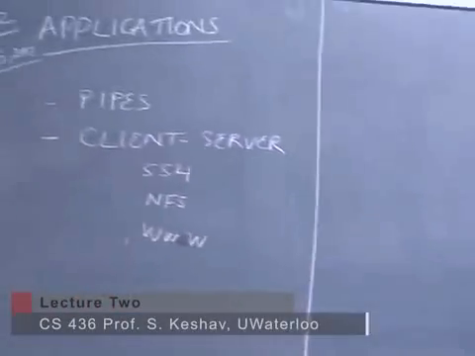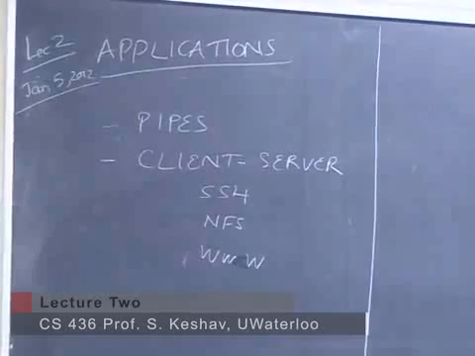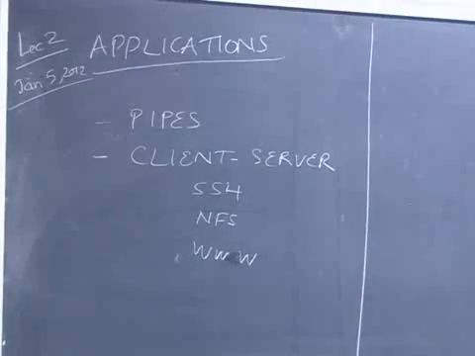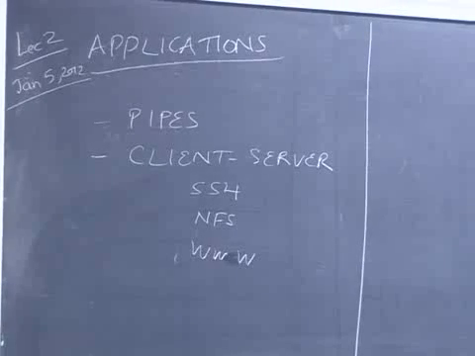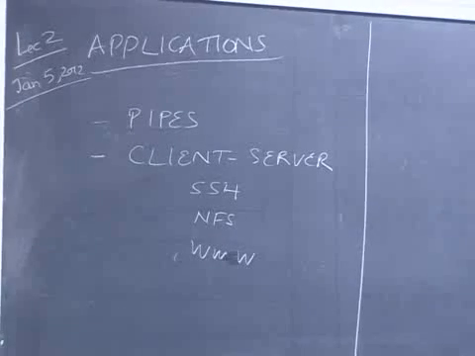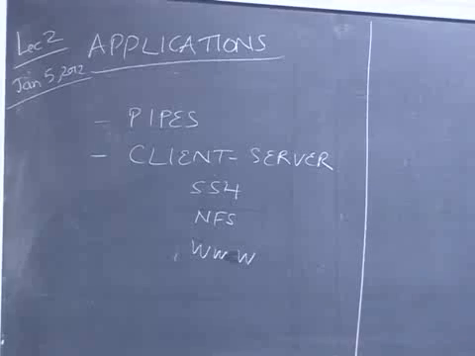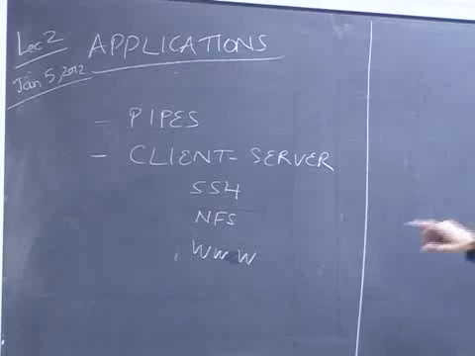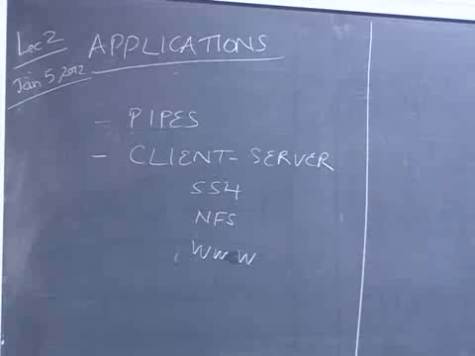I'll first talk about what I'm just euphemistically calling pipes. This is how we connect things together to make something a networked application. And then we'll talk about many different kinds of networked applications. We'll start with the simplest kind, which is client-server. There'll be 3 examples of that: secure shell, network file system, and the World Wide Web, which is the 3